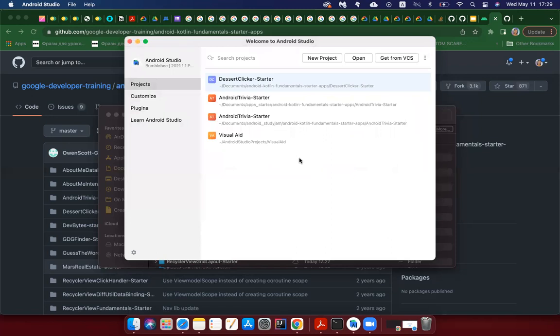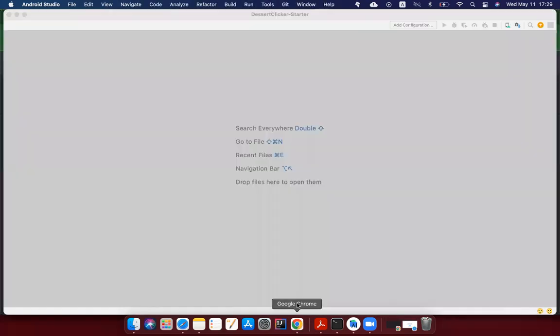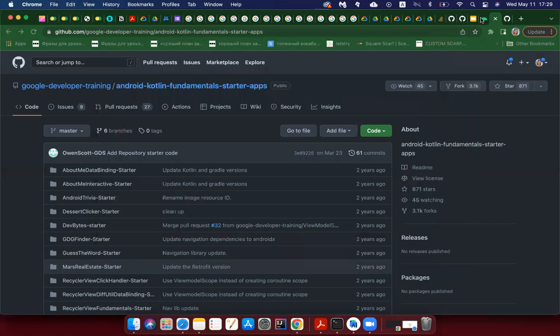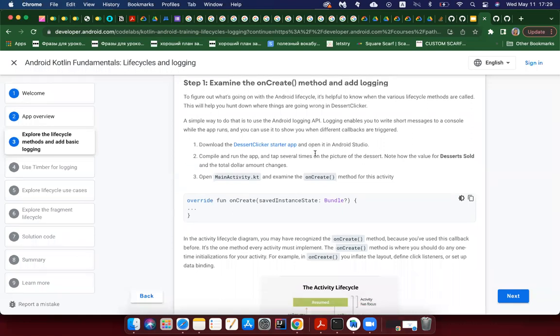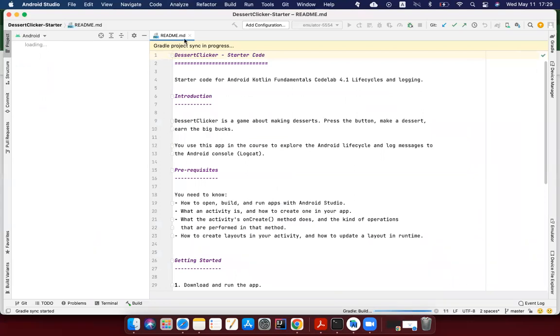And we need to wait some time until it launches. Then we need to compile and run the app and tap several times on the picture to see what happens. And we need to note the value of desserts sold and total dollar amount changes. This is a little bit tricky because last time I tried,